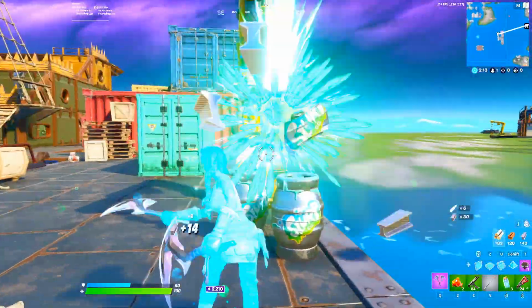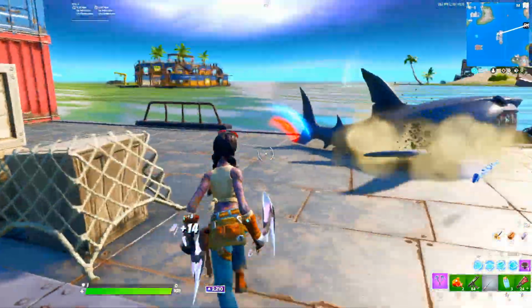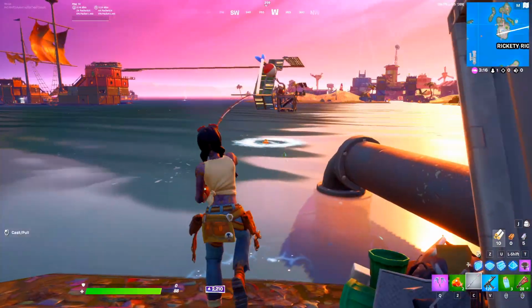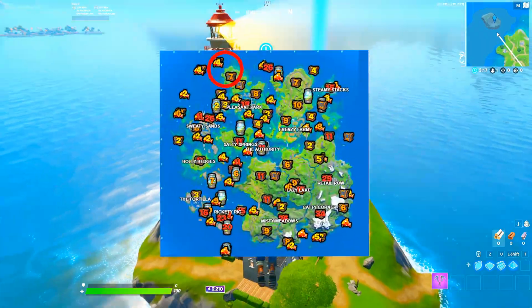There's a lot of chests you want to get around here, and there's also a lot of slurp barrels, making sure that you get your slurp barrels before you pop any shields, so you can conserve those shields. There's also a nice amount of fishing locations you can...